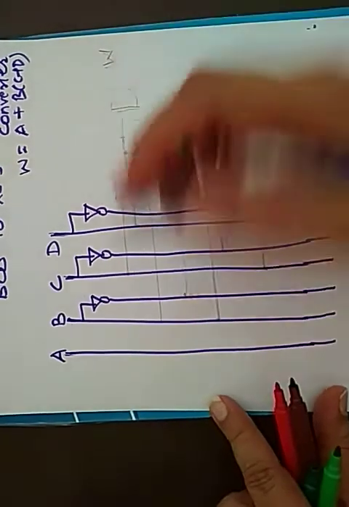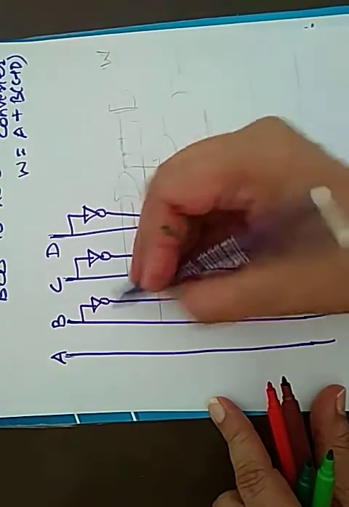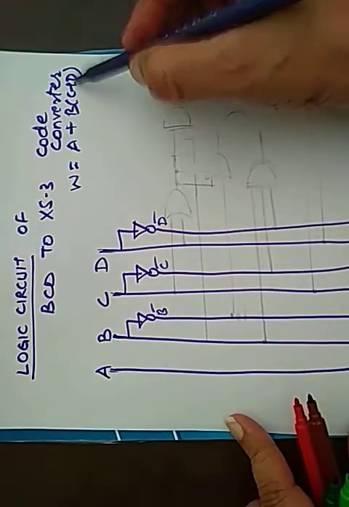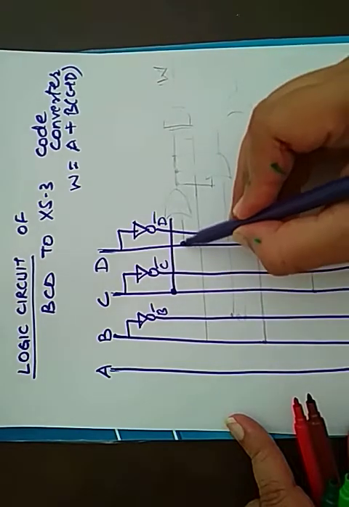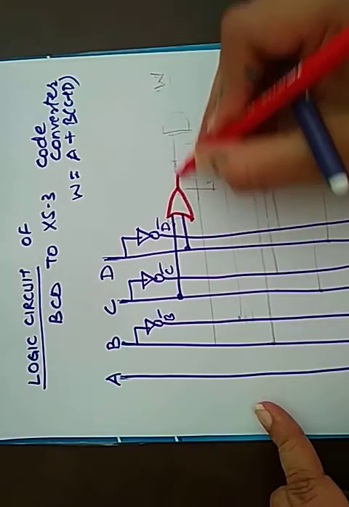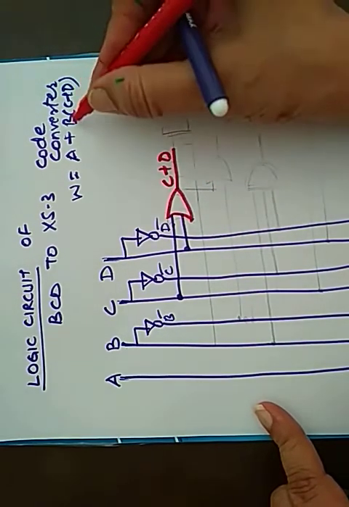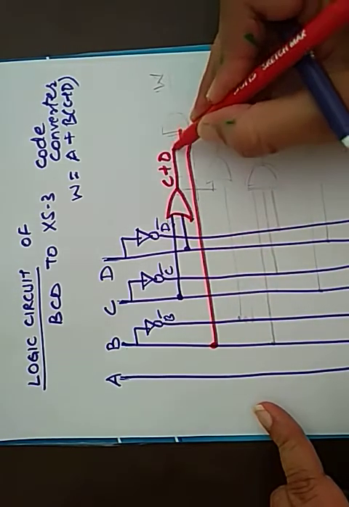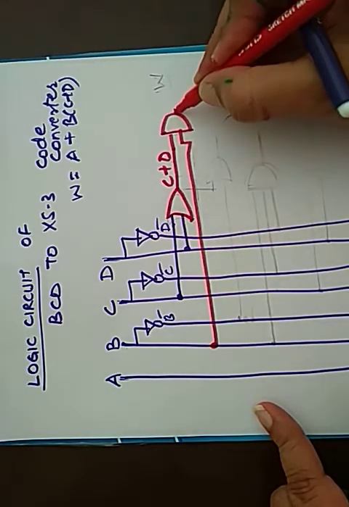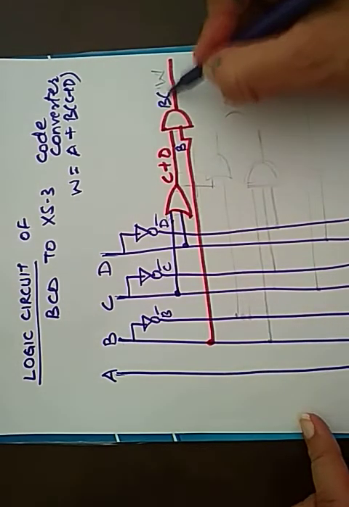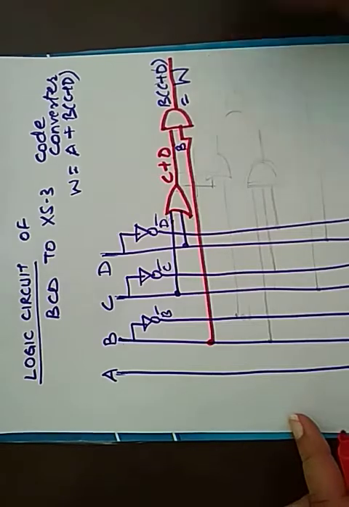So here we've drawn in the same manner A, B, C, D and the NOT gates. So this is giving us B bar, C bar, D bar, and let's do the C plus D. It is an OR gate. So you have an OR between C and D, and you draw this gate as an OR gate. So this is giving you C plus D. This has to be dotted with B. So you take the B from here. The dot function is obtained by an AND gate. So here you get the function of, this is B, so B into C plus D, which is our W output.